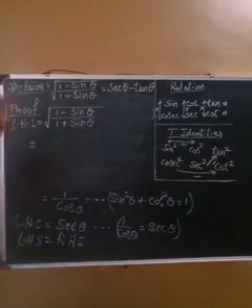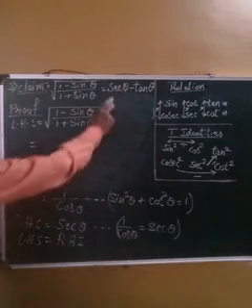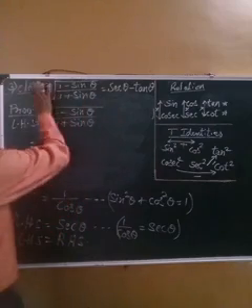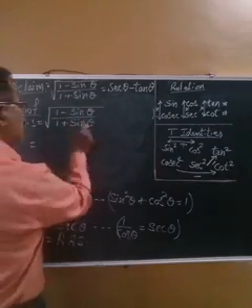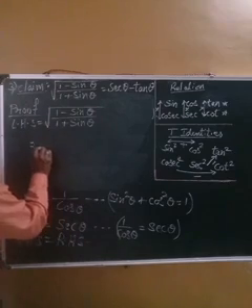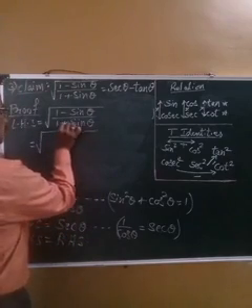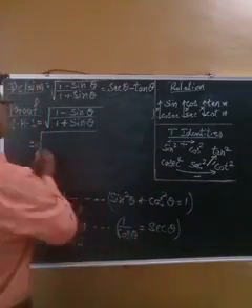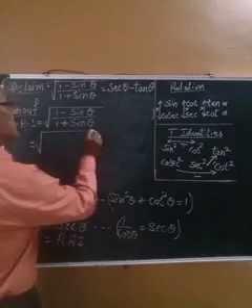Then we come to the third question. Prove that under root 1 minus sin theta upon 1 plus sin theta is equal to sec theta minus tan theta. So accordingly write down in the claim, and then in the proof you write down the left hand side, under root 1 minus sin theta upon 1 plus sin theta. Now in standard 9 we have learnt about conjugate binomials. So for this denominator 1 plus sin theta, the conjugate is 1 minus sin theta. So you have to multiply this numerator and denominator by 1 minus sin theta.